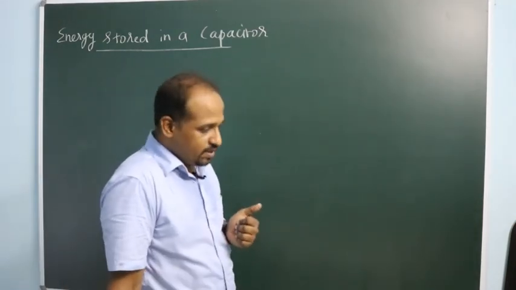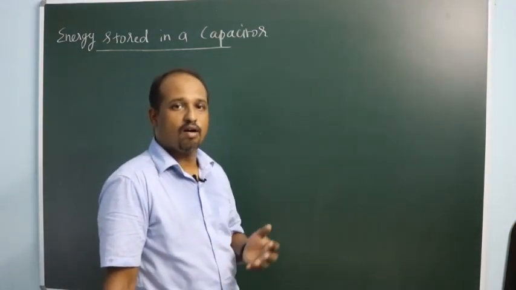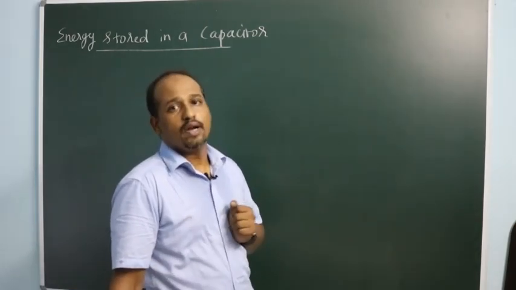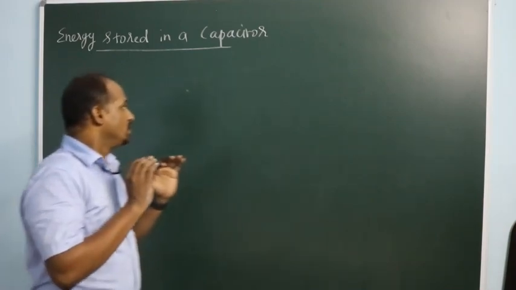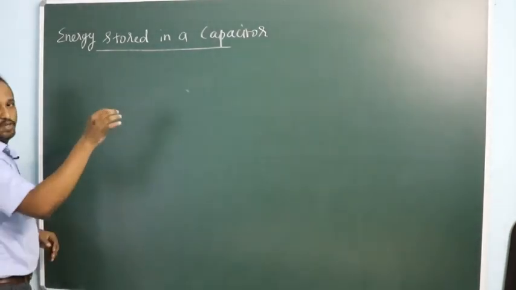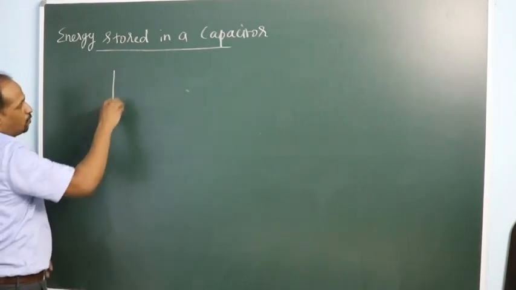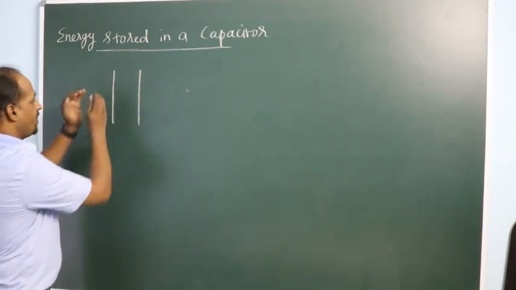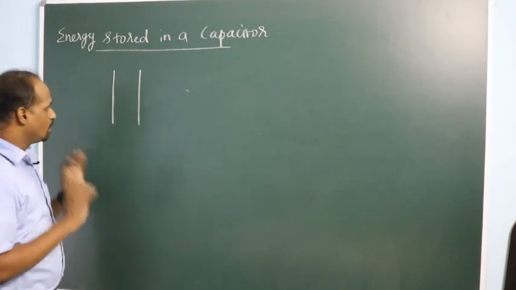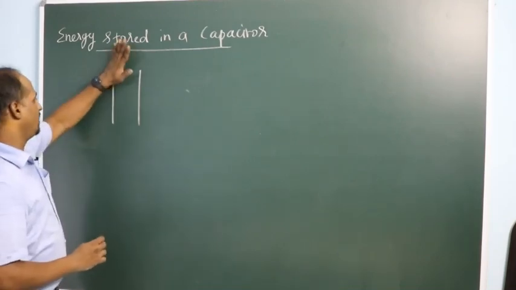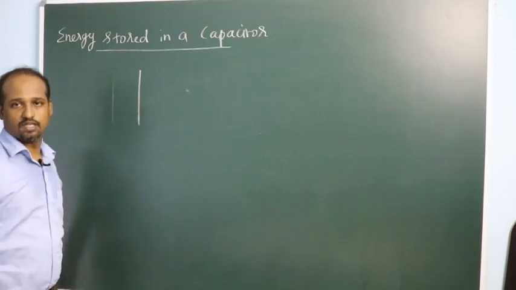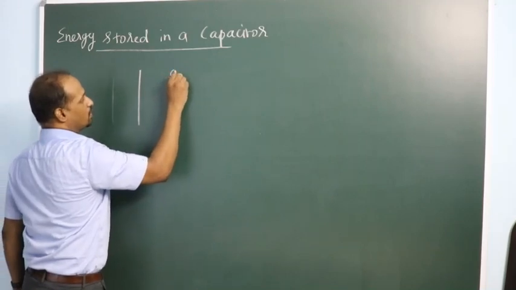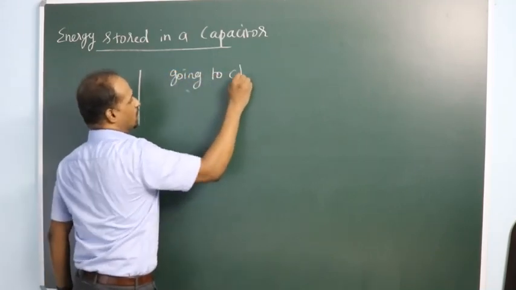Let us derive the energy of a capacitor, or the energy stored in the capacitor, or the amount of energy spent to store energy in the capacitor. Suppose we have two plates or two conductors separated by a vacuum or an insulator, and we take some charge and give it to that conductor. Let's take that conductor, which initially has zero charge, and you are going to charge this conductor. We are going to charge a capacitor